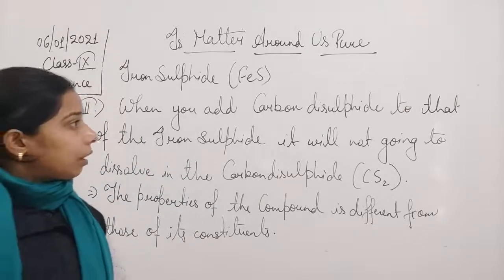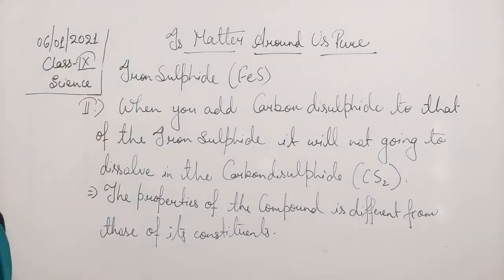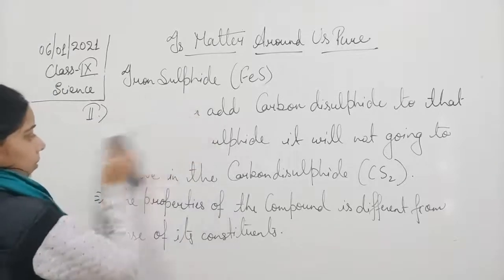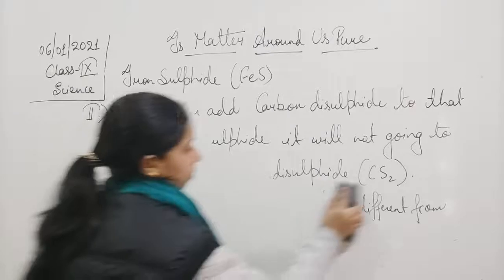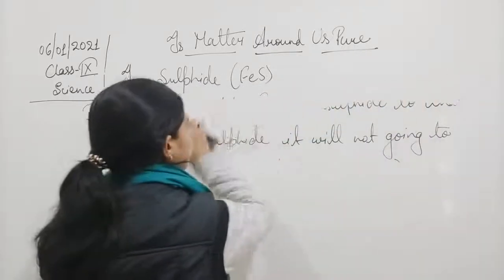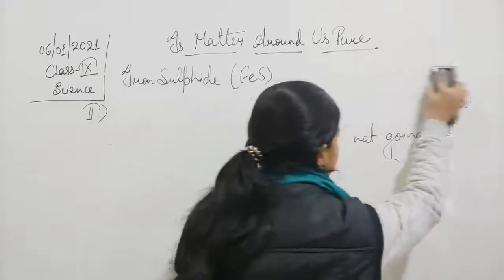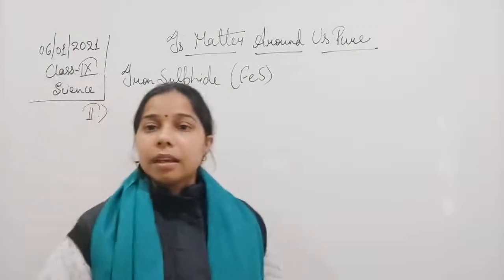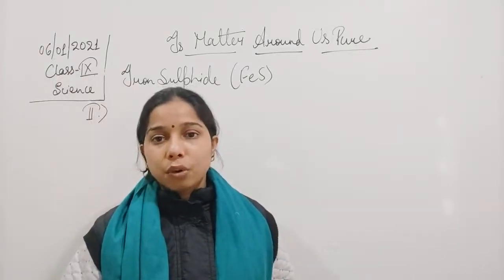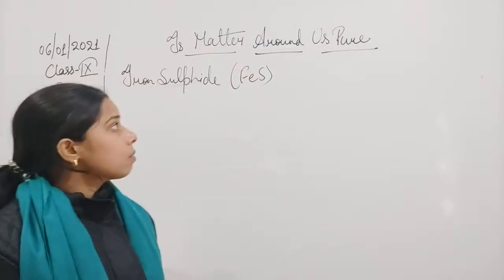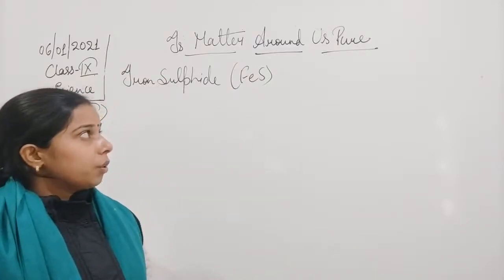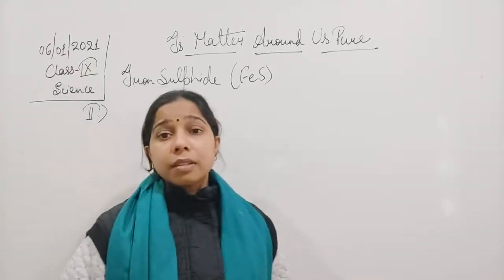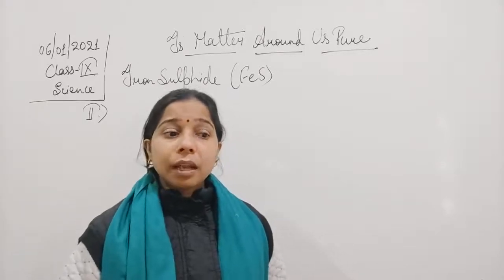Now we will see the next one. So we can write the next property, and the next one is the use of heat or light. We know that in case of iron sulfide, there is a use of heat or light. When we talk about the mixture, we have seen that no heat or